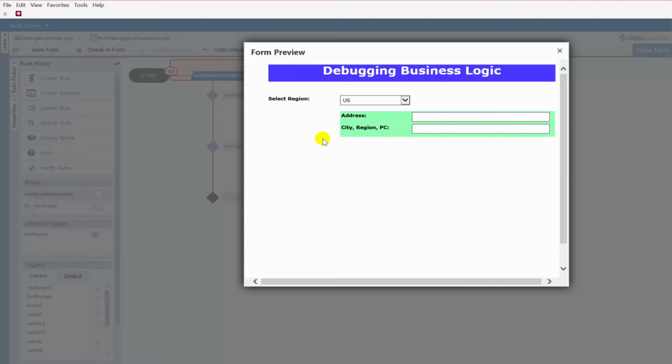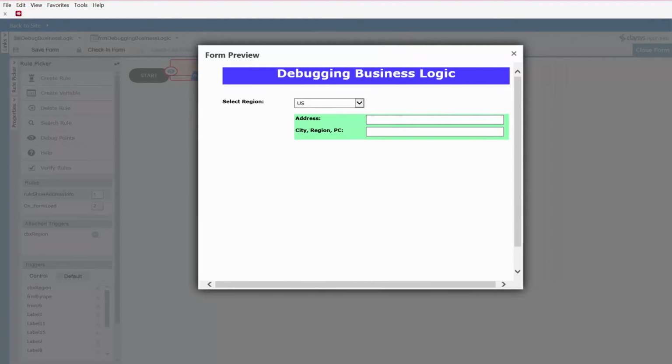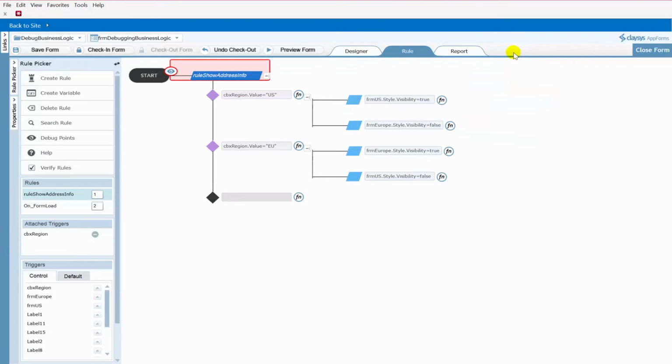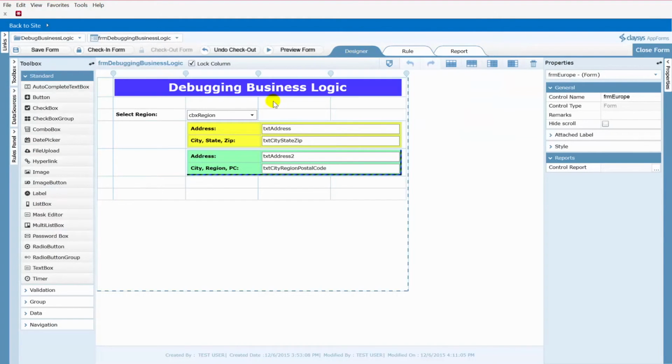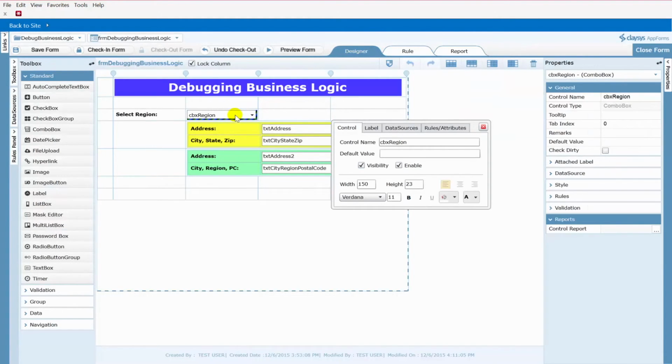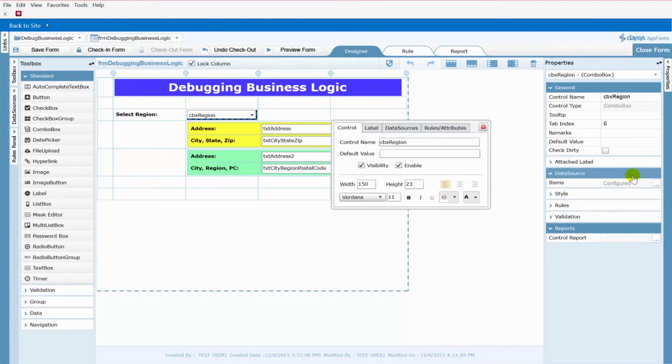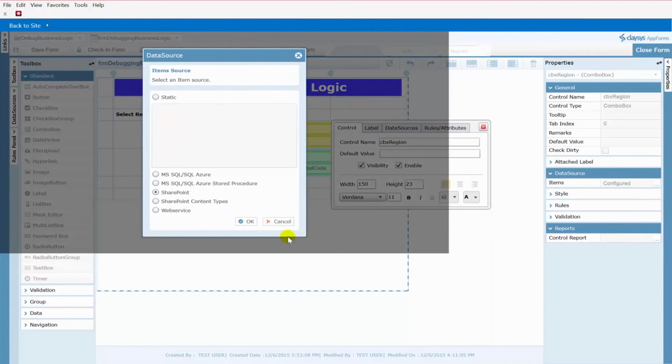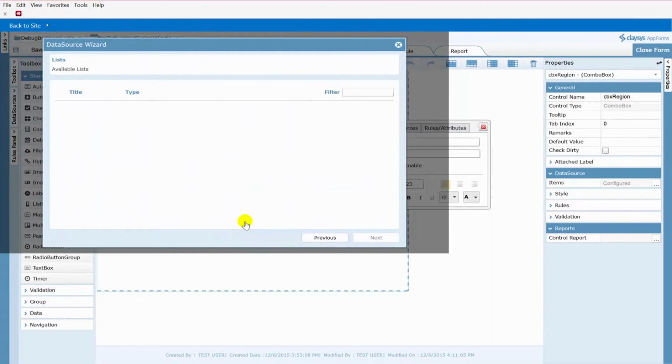So why is it that this is displaying Europe when it should be displaying US? We've checked the logic in the rule, and that all seems correct. So now let's check what has been entered in the list. And this goes back to why this was so important. Let me step back for a second before I do that. Remember here on our drop-down box or combo box, let's run through that data source real quick once again, because the important part of this is